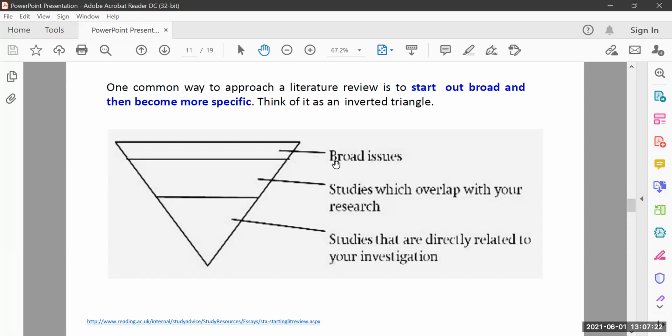So literature may be in three categories: one that discusses the broad issues, another, studies which overlap your research. So start with the broad, then become more specific, and then finally some studies that are directly related to your investigation, your research. There should be few.